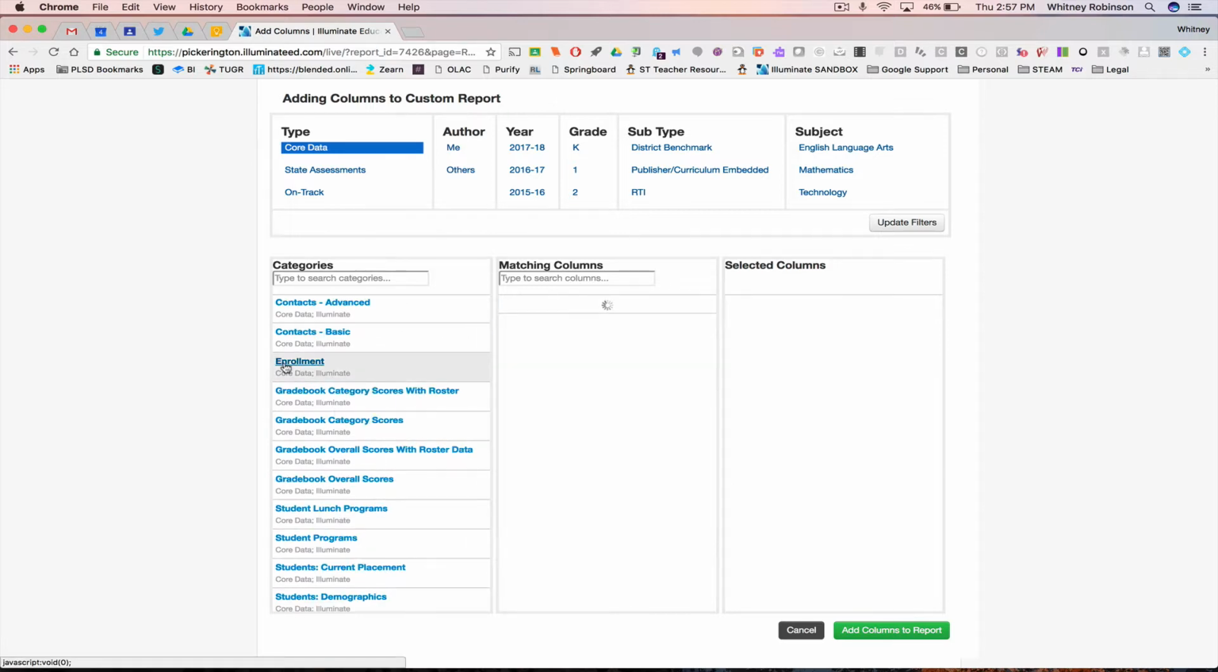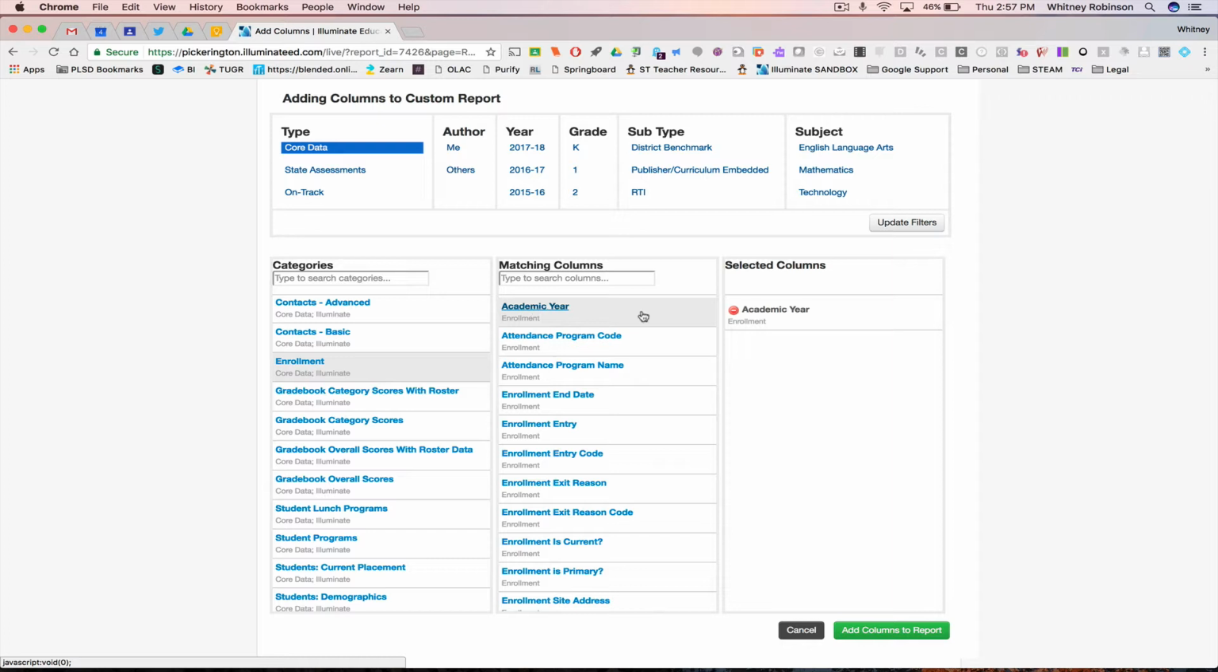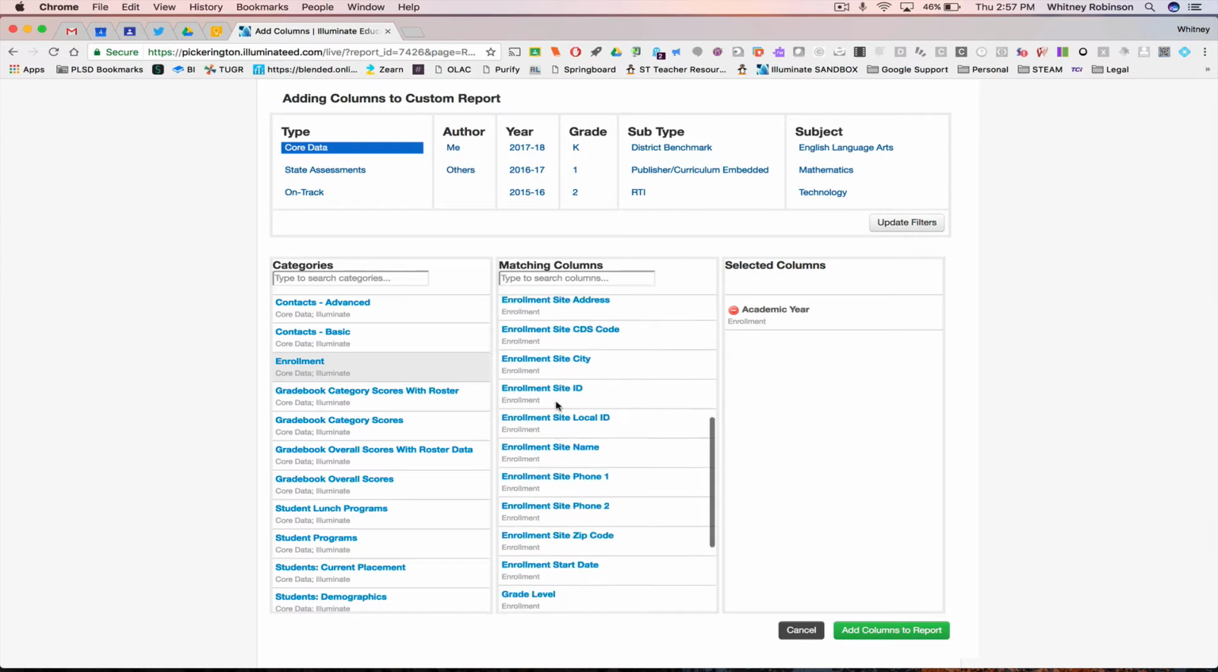If we look at enrollment, this is where we're going to choose academic year. This is a really important one. You always want to add academic year because you want to filter so that you are only looking at your current school year, or possibly if you want to look at other school years for a student, you could take that filter off. We'll get to that later. I'm also going to add grade level,